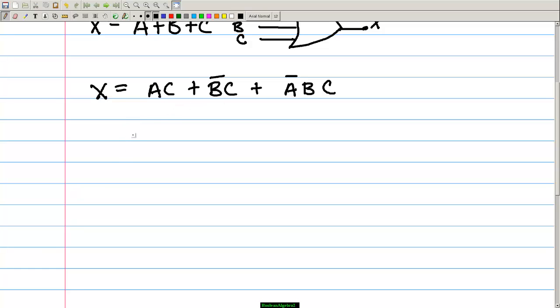Let's see, we have a 2-input AND gate. We have A, and we have C, and we have another AND gate here,